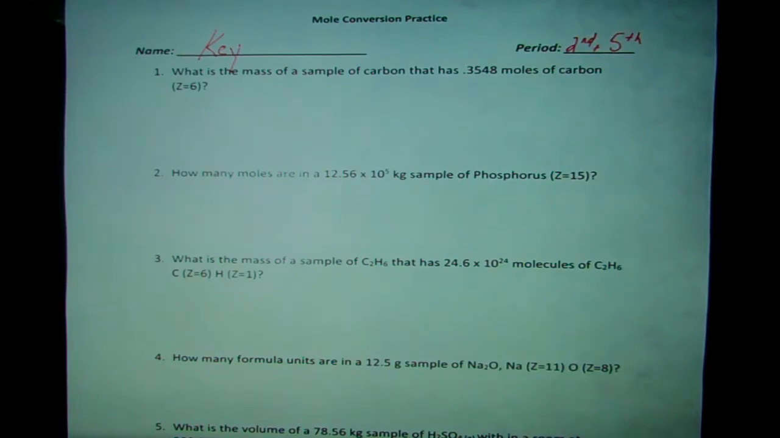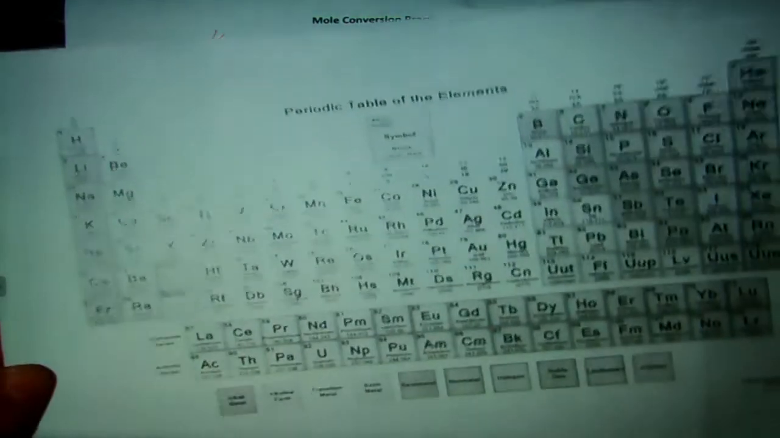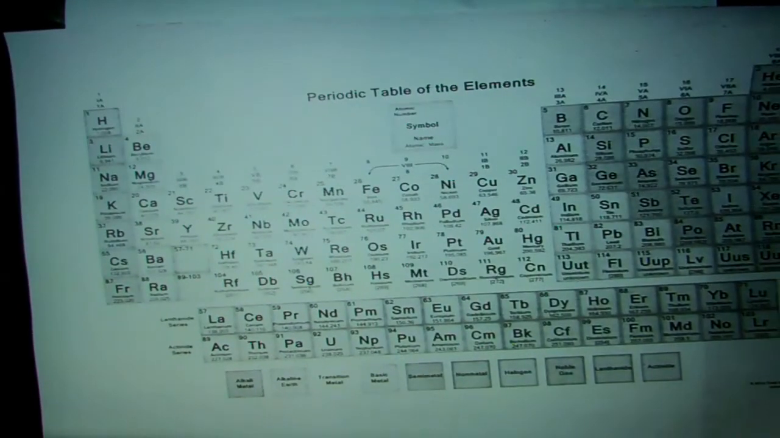Alright guys, this is what we're going to be doing. I'm doing this video first off to show you this key. I want you to work through these and see how these problems are solved. Please understand that the first thing you're going to need is a handy dandy periodic table. I have one here with me, and